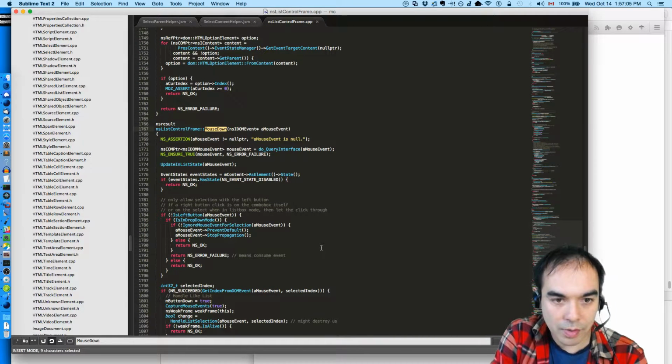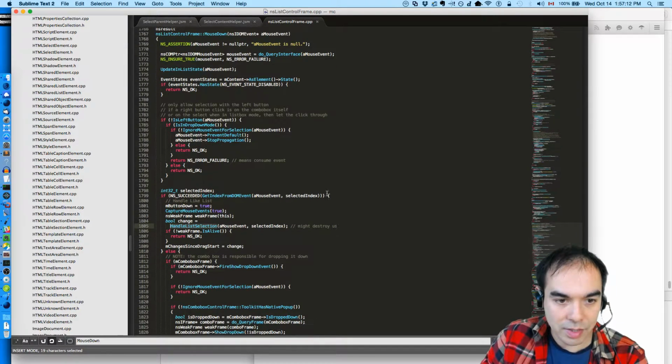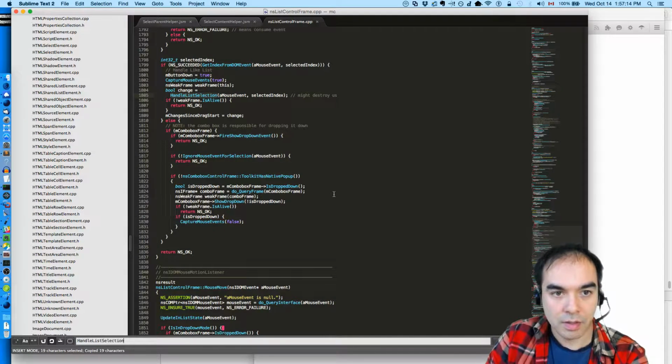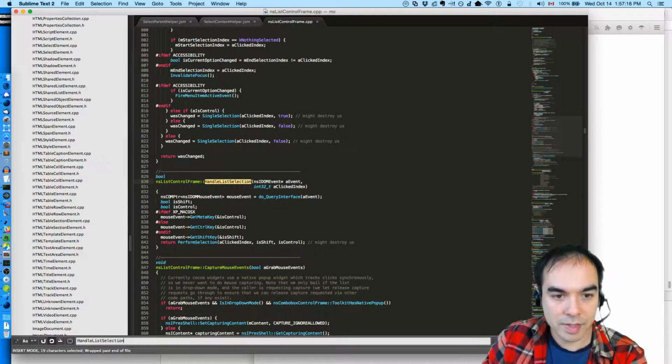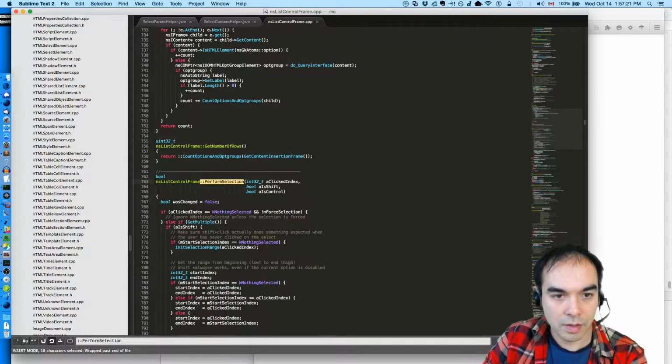Ignore isn't only allow selection with the left button, and then we do handle list selection. List selection, perform selection. So maybe that's only entered when we click.